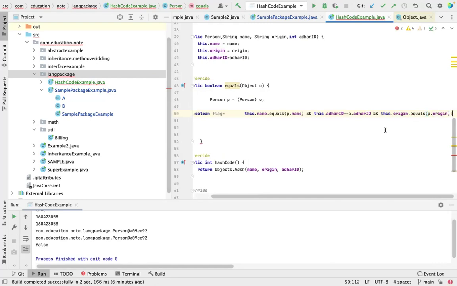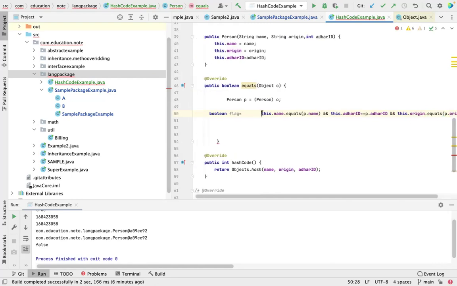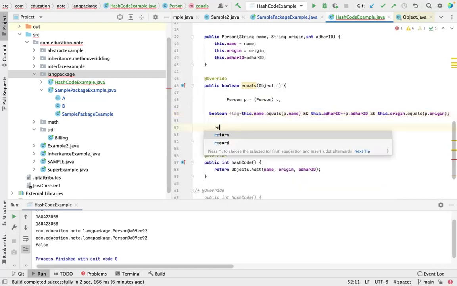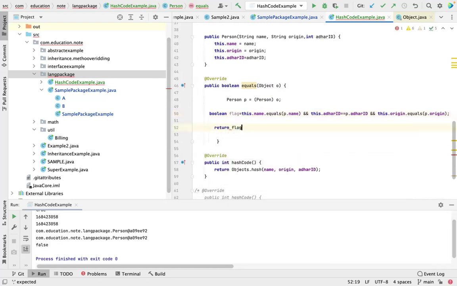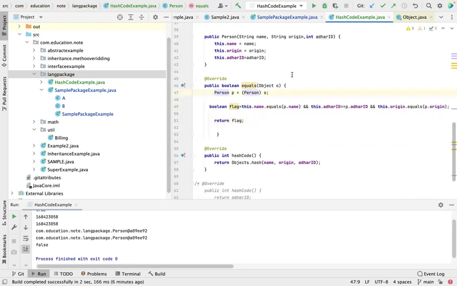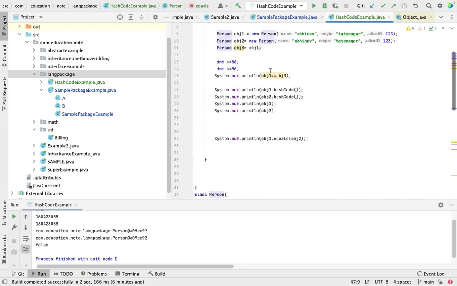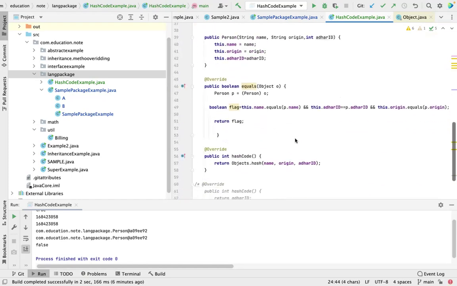If all the properties match, we will get true. If any one fails, we'll get false, and then I'm returning that. I'm just comparing. See how I'm calling this equals method. Object 2 is nothing but this one, this o, which comes in as an object parameter, and then I'm